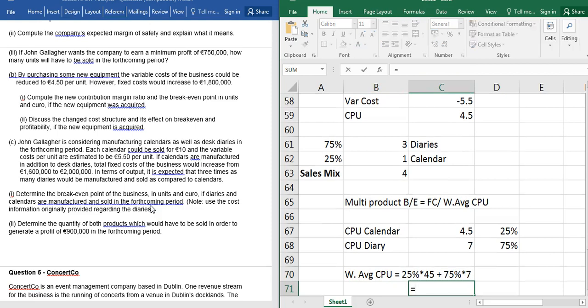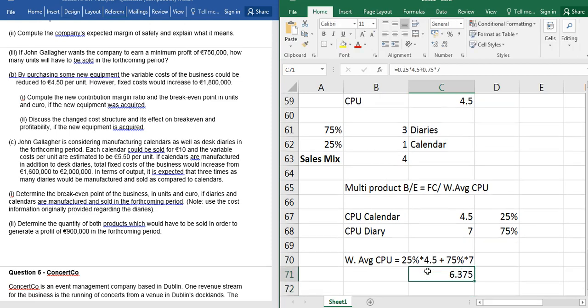So it'll be 0.25, which is 25%, times €4.50 for each calendar, plus 0.75 times 7. So your weighted average contribution per unit,